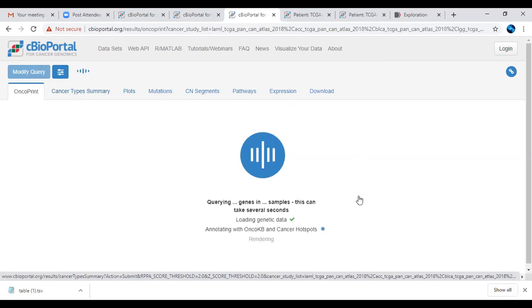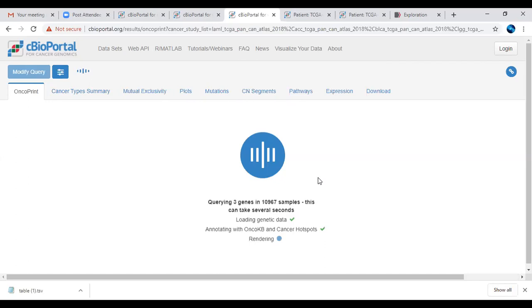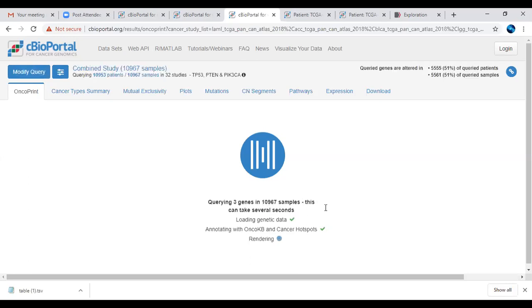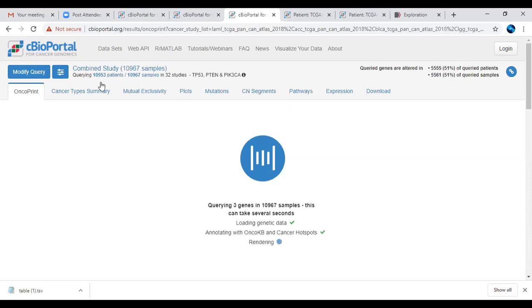Likewise, you can get this information. It is taking more time. You can see it is querying 3 genes in 10,967 samples. And now the data is coming, the visualization.